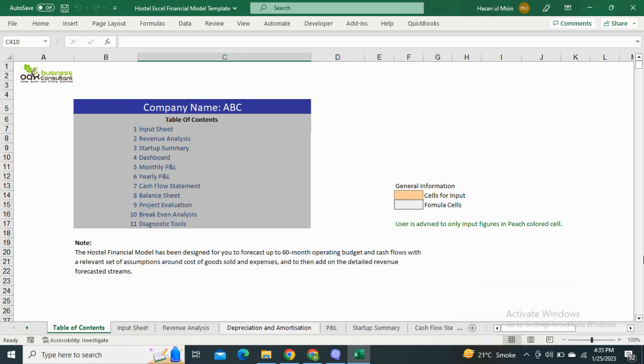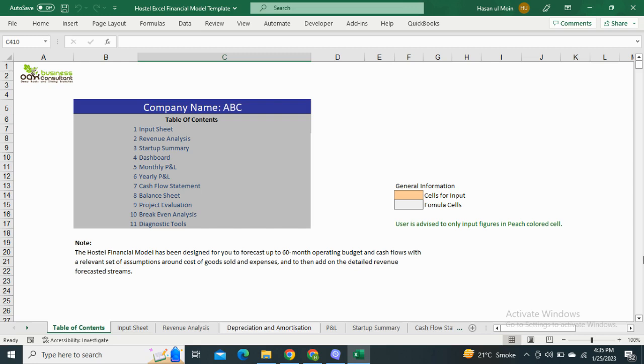Our business consultants are going to present you another financial model, which is the Hostel Excel financial model. This model will help hostel business owners and relevant industry owners to evaluate, forecast, and visualize their financial performance. Starting with the table of contents, it includes the input sheet, revenue analysis, the financial statements, and the dashboard